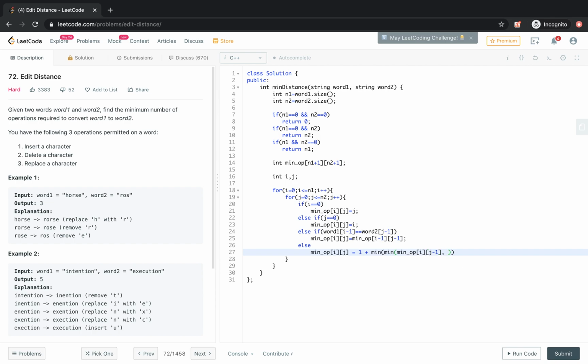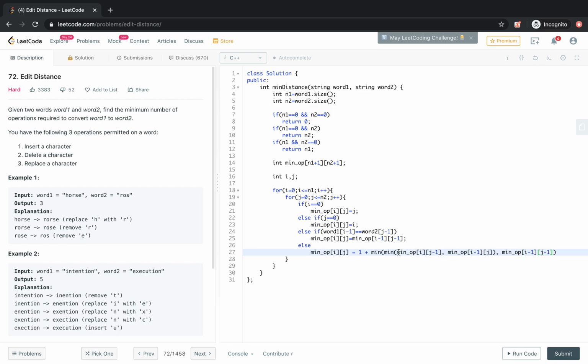Suppose we want to remove one character from word 1, then it becomes i minus 1, j. So we have considered the minimum of these two. Then we also have to consider if we just replace the character. So i minus 1, j minus 1.